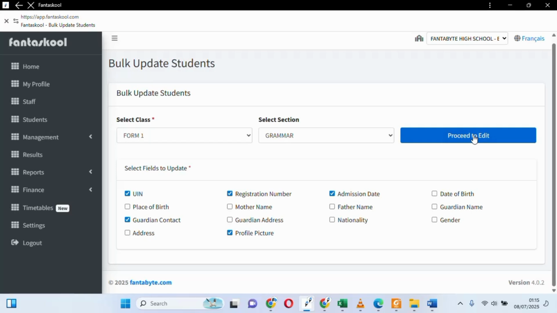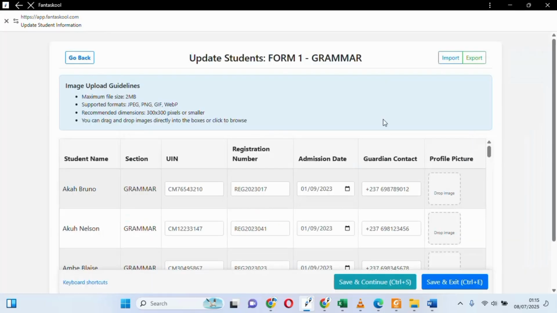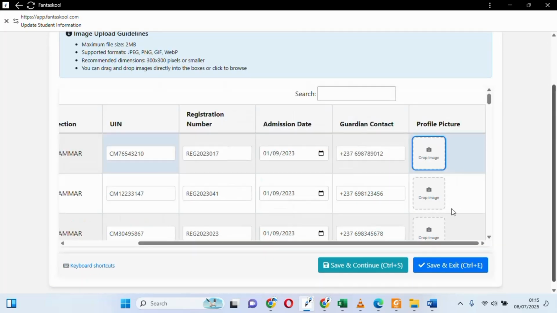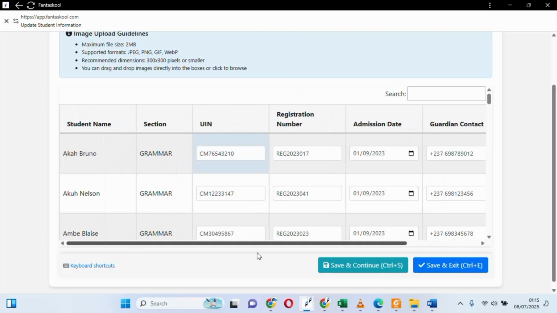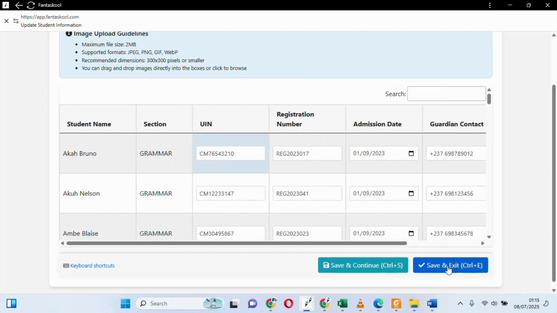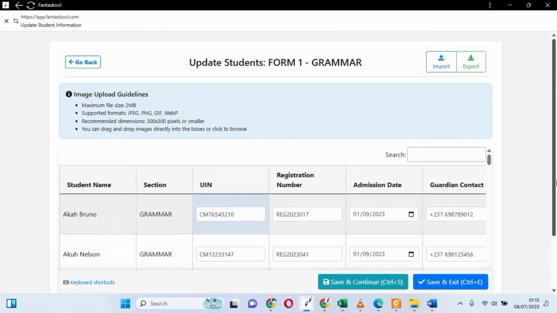Step 6. Edit information. Click Proceed to Edit to begin modifying the student information. Make your necessary changes to the selected fields for the chosen students. Step 7. Save changes. Once you've completed all modifications, click the Save button to apply and store your updates in